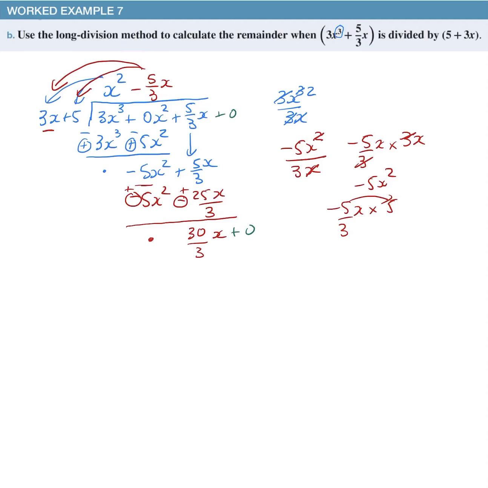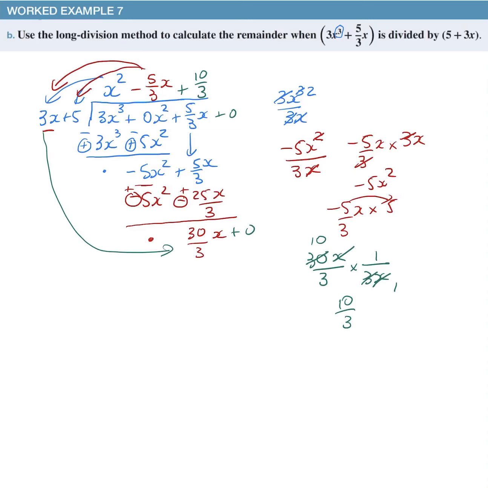3x can still go into 30x. So I'm going to have 30 over 3x divided by 3x. Now if I divide by 3x, it's the same as multiplying by 1 over 3x. Okay, so what happens is this x cancels with that x. 3 goes into itself once, and then 30 is 10 times. So my answer is 10 over 3. So 3x divides into 30 over 3x, positive